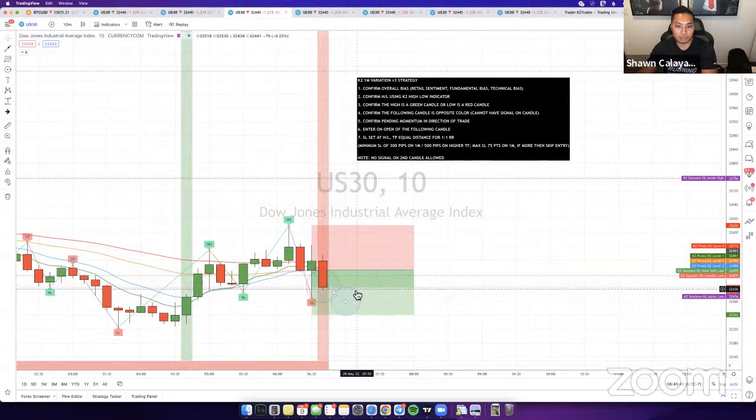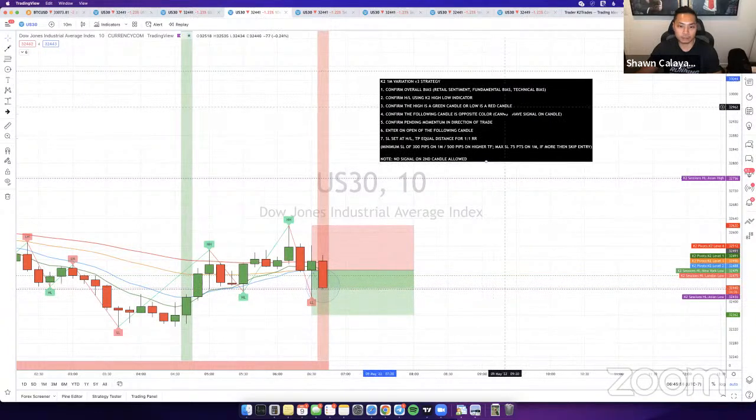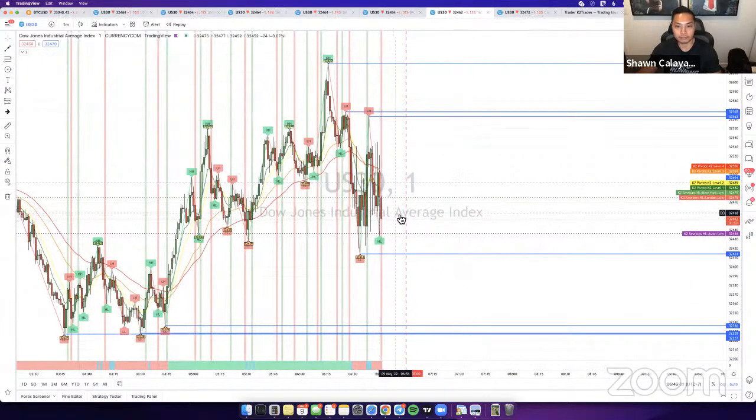Price is starting to drop lower. I don't recommend anyone just hop into this, right? It's still at the sessions. It hasn't closed below. This candle here still has 4 minutes left on it. So it's highly not recommended to just hop in for no apparent reason. If there's an entry there, then yeah, great. But there's obviously no entry available at the moment.